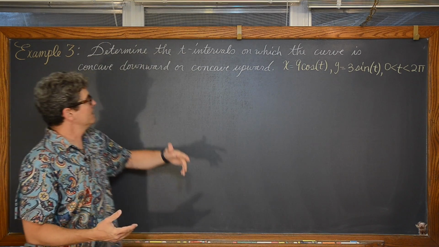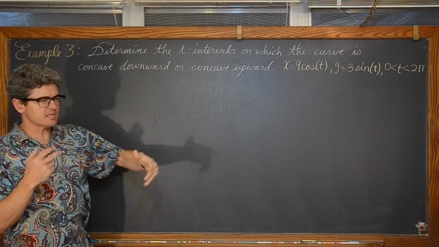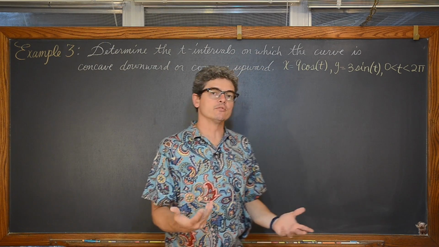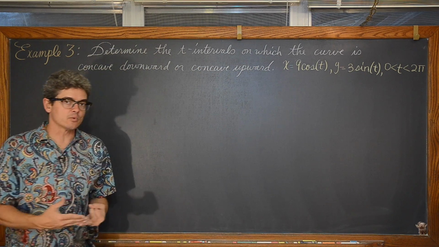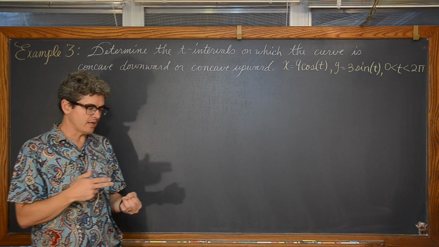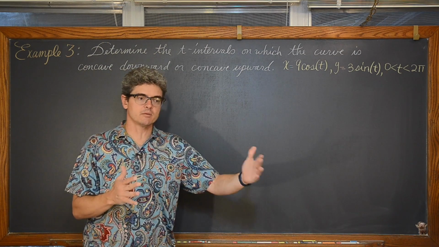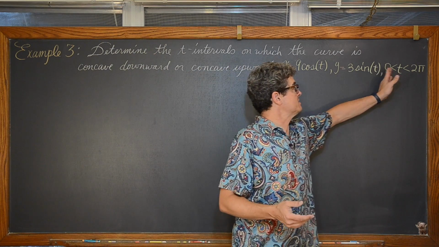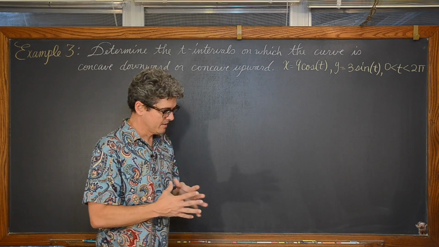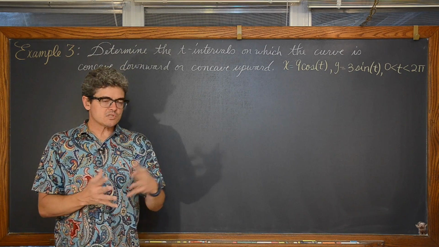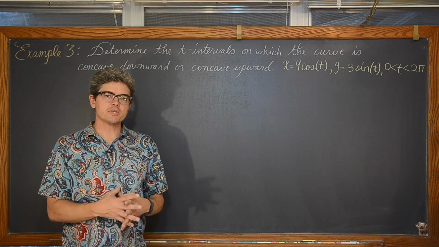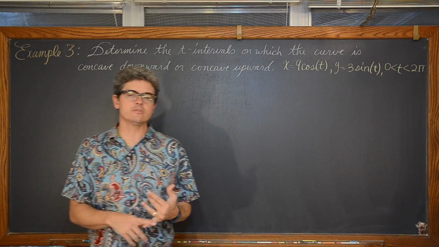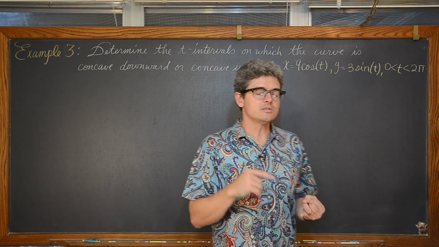Now, of course, if we're going to be finding intervals, not testing if it's concave up or concave down just at a point, but an interval, right? We're going to find the second derivative. We're going to identify critical values and set up some marked intervals along a number line, specifically between 0 and 2 pi, and just simply analyze the sign of our second derivative along those intervals. And those critical values are going to be where your derivative, in this case second derivative, is equal to 0 or undefined.